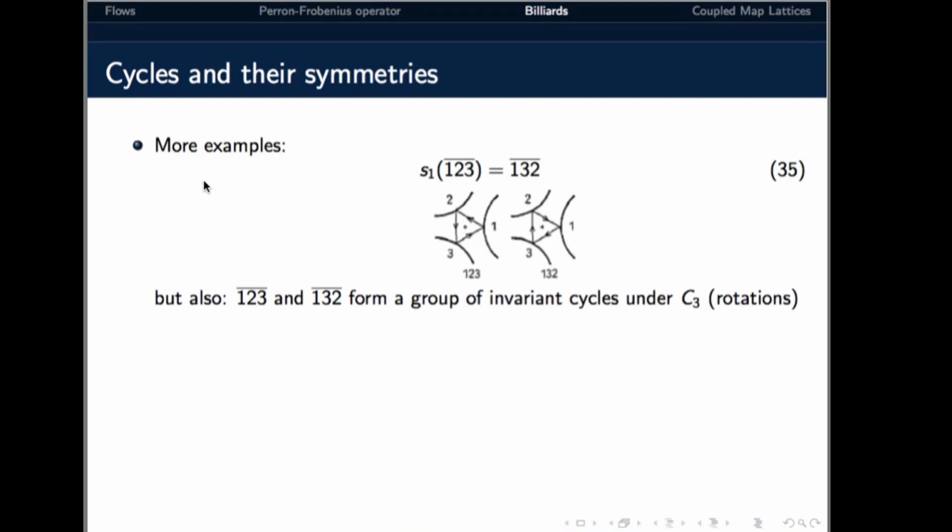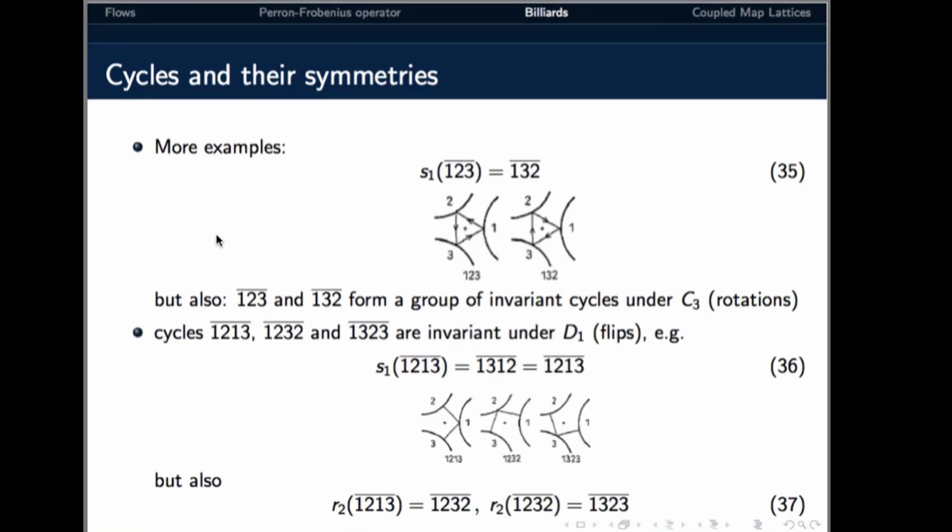So I just showed you a period 2 orbit, but now we can also do this with a period 3, and also using a different operation. So this one is a flip. That's a flip around one of the symmetry axes that we apply to this orbit 1, 2, 3, right? And effectively, basically what it does is just to switch 2 and 3, right? So, and it's the same as going backward, or equivalently again. It's the same thing that you would obtain by switching this 2 and this 3. But also 1, 2, 3, and 1, 3, 2 form a group when invariant cycles under C3, under rotations, basically,